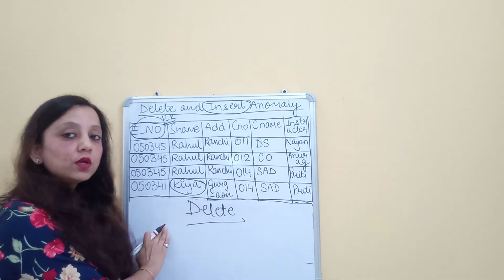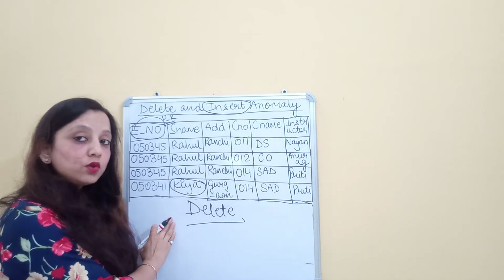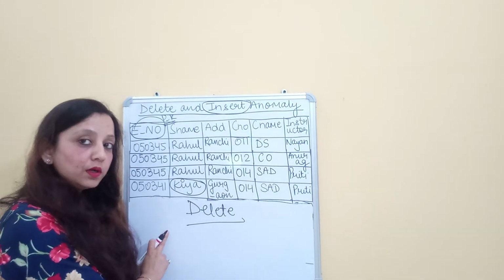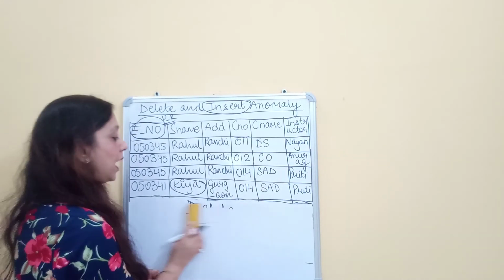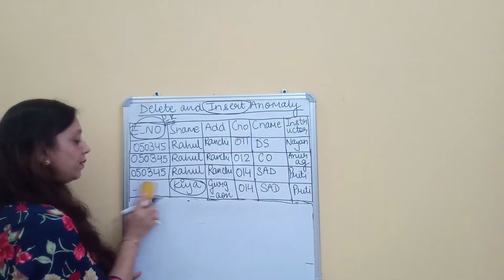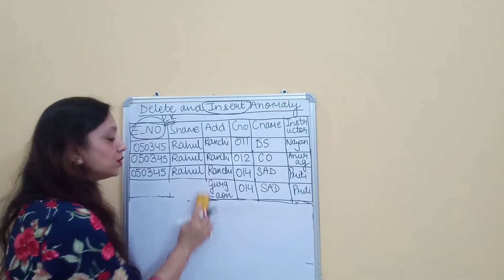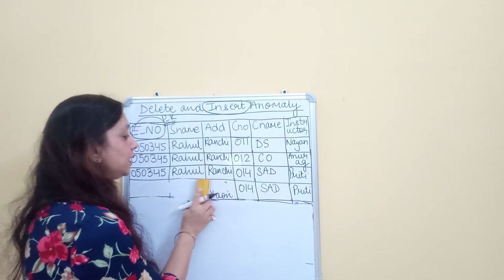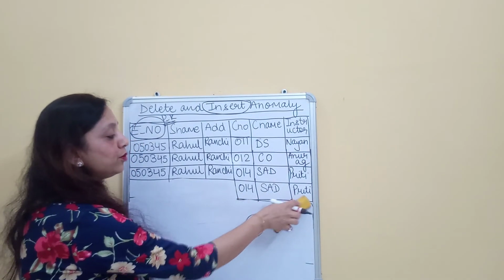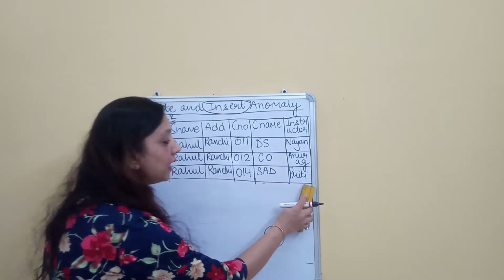So that means this student no longer exists inside the organization. If this student does not exist inside the organization, I don't want to have the records of this particular student. So what will I do? I will delete all the records of this particular student. The enrollment number is deleted because no such enrollment number exists now. The name is deleted because no such name exists. The associated address is also deleted. Now with these details, these three attributes, that is the course number, course code and instructor name, also get deleted at the time of deletion.